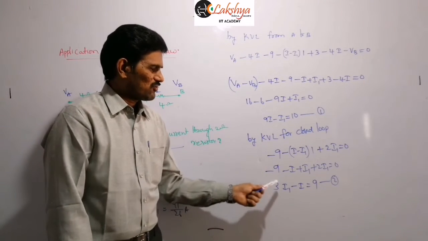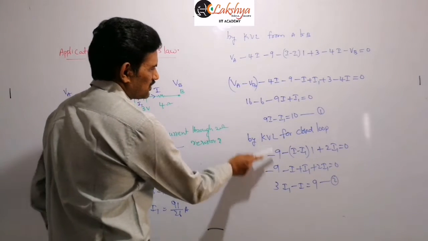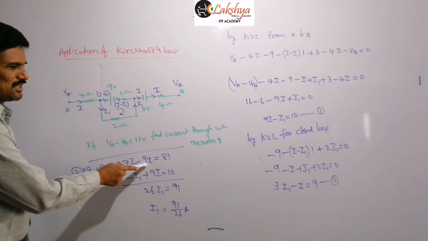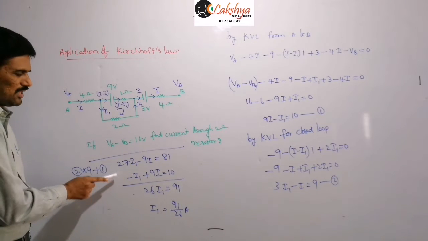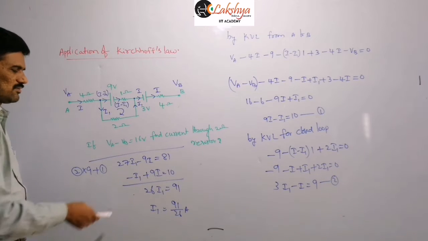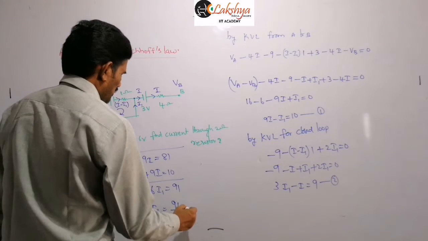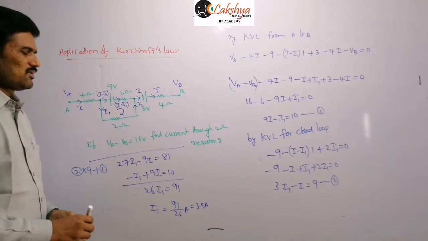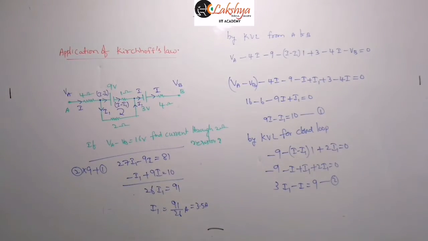Now we need to solve these two equations, and we need to find this I1 value here. So to find that I1 value, I am multiplying this equation with 9, so that this 9I and 9I you can cancel there. So then 27I1 minus 9I equals 81. So we are multiplying the second equation with 9, plus this first equation we are adding here. So 9I1 minus I1 plus 9I minus 9I is equal to 10. So just simplifying this, you will get I1 is equal to, say 21, or I think nearly its value is 3.5 amperes you can write, right? So it is our current flowing through the 2 ohm resistance here. So like that you can apply the Kirchhoff law, and you can find the current in the different branches of the circuit.